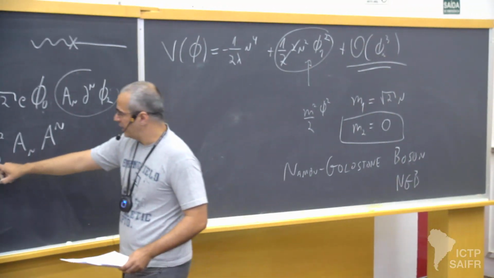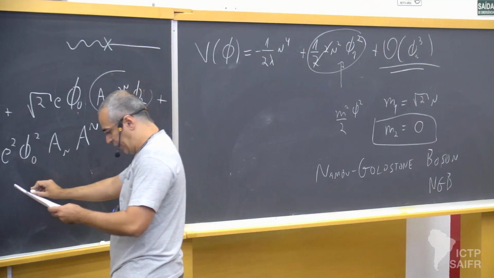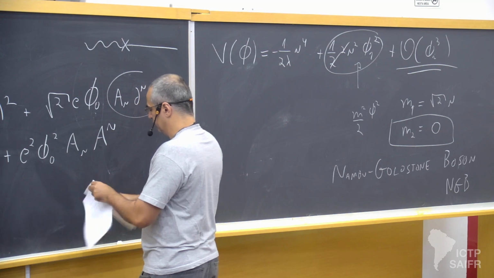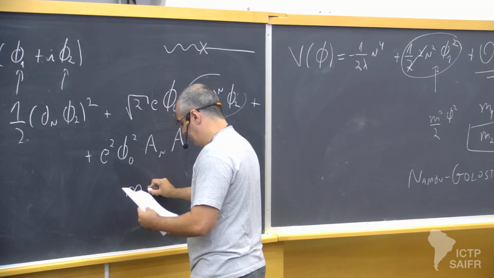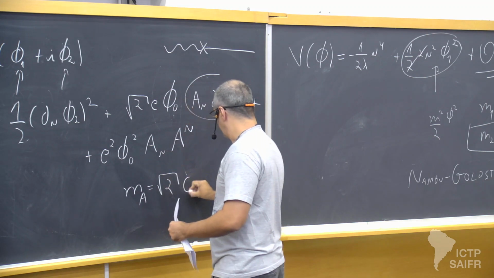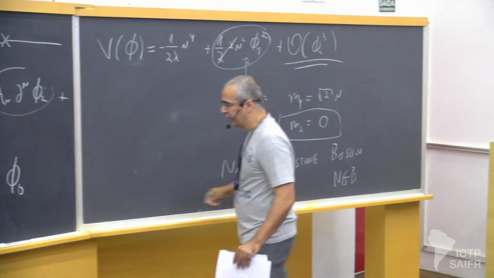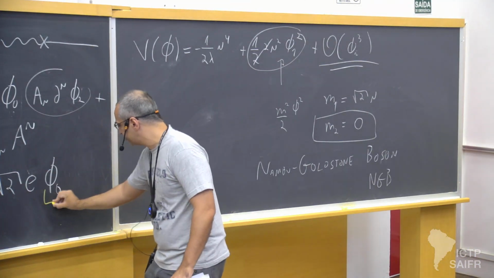So this is the mass for the gauge boson now. There's also that factor 2 missing. So actually the mass is M_A = √2 e φ0. And there's a very important thing going on here. You see that the mass of the gauge boson now depends on this vacuum expectation value,